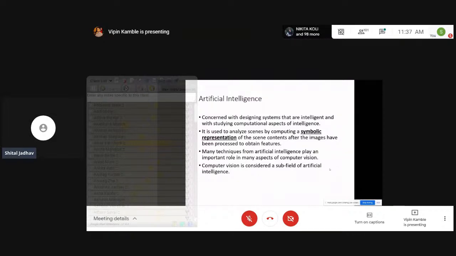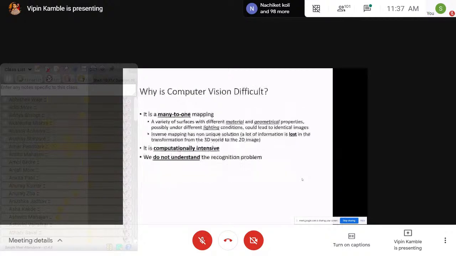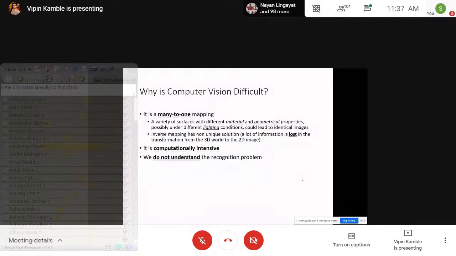Okay, so many techniques from artificial intelligence play an important role in many aspects of computer vision, and computer vision can be considered as a subfield of artificial intelligence. So one might say that everyone should work in computer vision, but the field, though not new, is slightly difficult as compared to basic image processing because it is a many to one mapping. What I mean by many to one mapping is